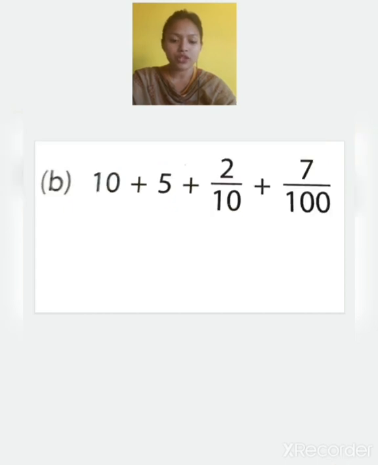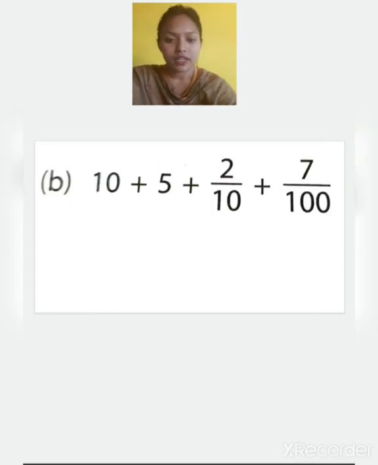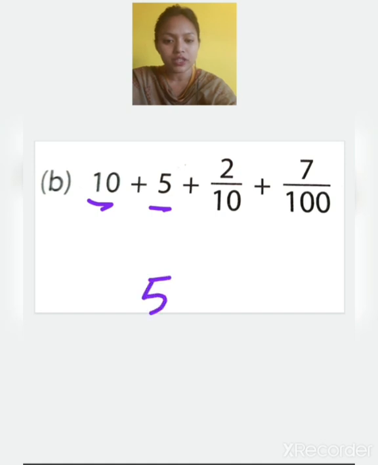Now in this question we have to do the same thing. Here you can see 5 is on which position? It is on the 1's position, and 10 is on the 10th position, and 1 is on the 1's position, and it is 10. So it is 15, plus 2 is on which position? 10th position. So we'll put a decimal and 2, and 7 is on the 100th position. It is 7.